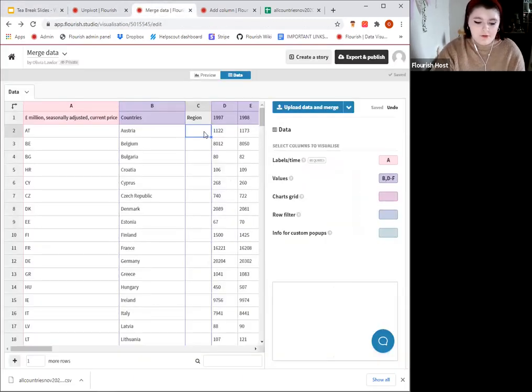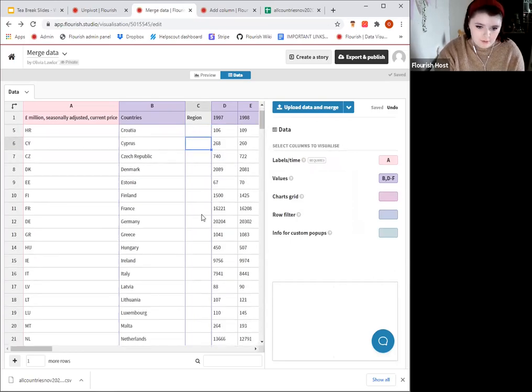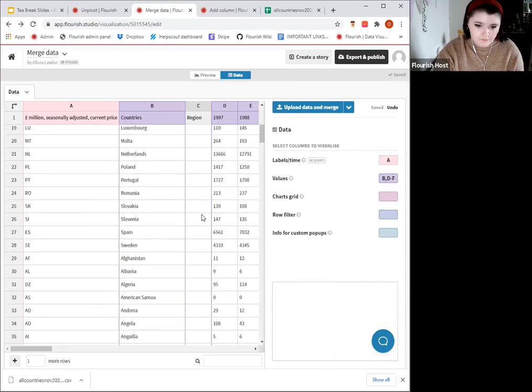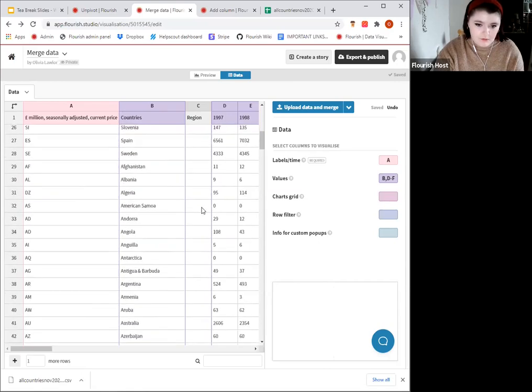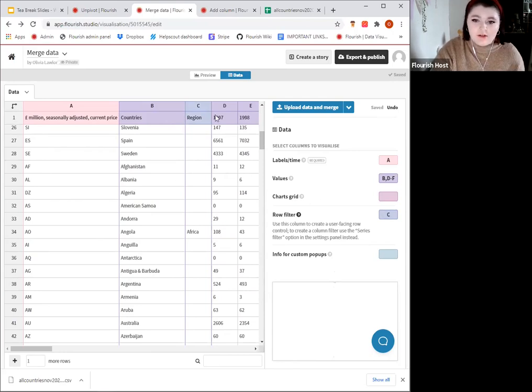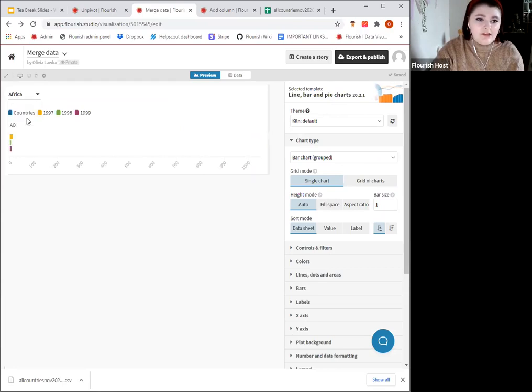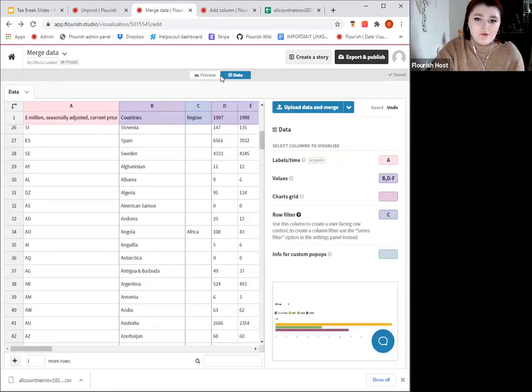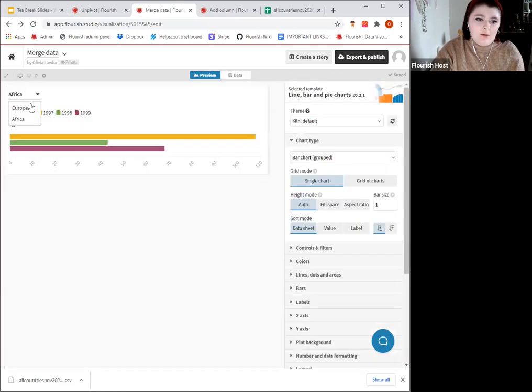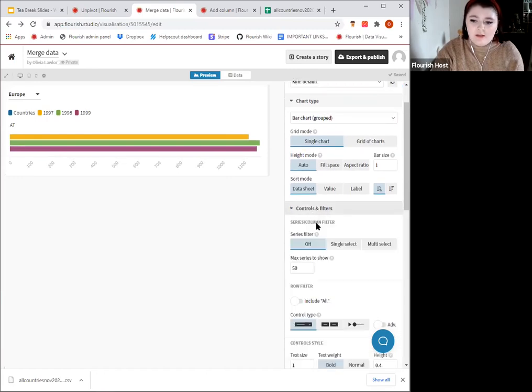Because once you have those, for example, if I put Europe, and then, here we go, Africa, I can put row filter C, and then that will colour into a different colour, showing that that's the row filter that we want to use. And then up here we have a little filter series where rows that are aligned with that region, that column filter, will pop up in our little series box. And there's different ways that you can show that.